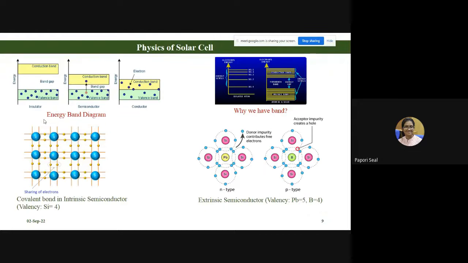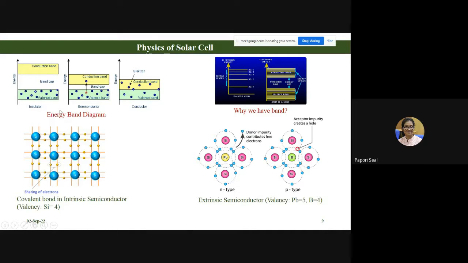Now, this is the physics of solar cell. So, we're moving on to physics of solar cell. Here, in the first diagram, you can see the energy band diagram. Energy band diagram, when I say every time I went for a class, in any period, first class, when I